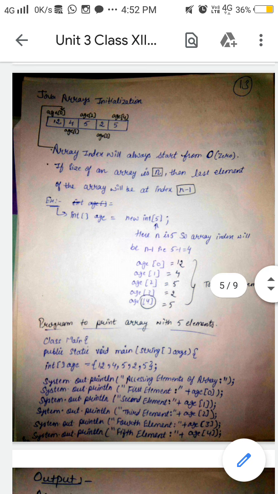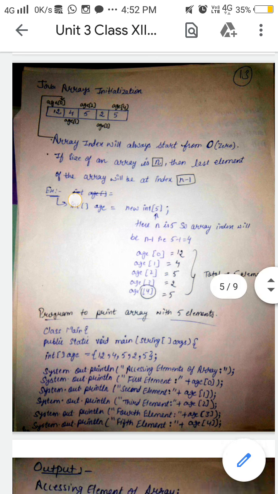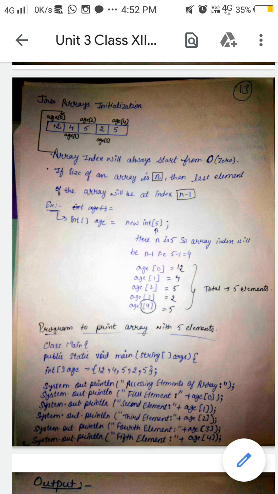be 5. So always keep in mind that if we are having 5 values, the index of the array will always start from 0. Okay, so the index will always be 1 less than the total length of the array.